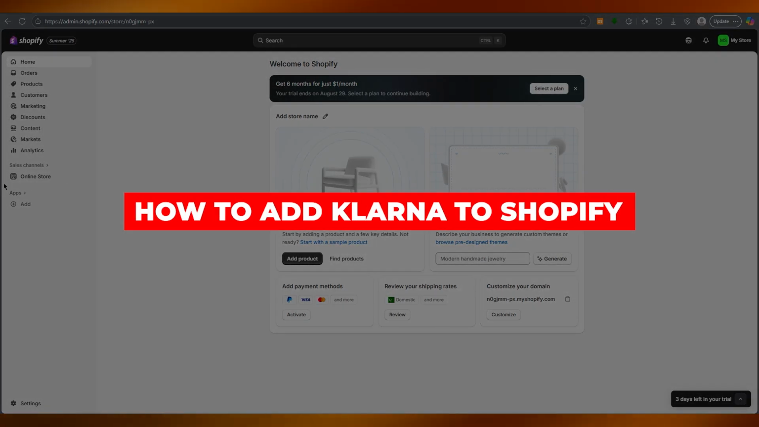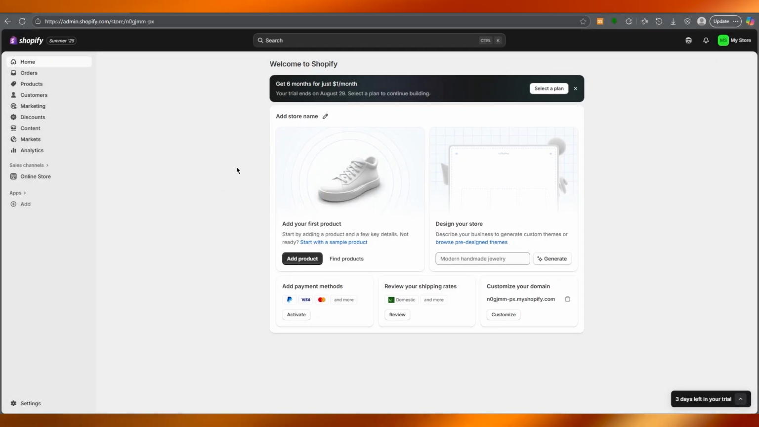How to add Klarna to Shopify. So today I'm going to be showing you how to add Klarna to your Shopify stores so your customers can pay in flexible installments. Klarna is one of the most popular buy now pay later services, and offering it can help increase your conversion rate and average order value because shoppers feel more comfortable making larger purchases when they can